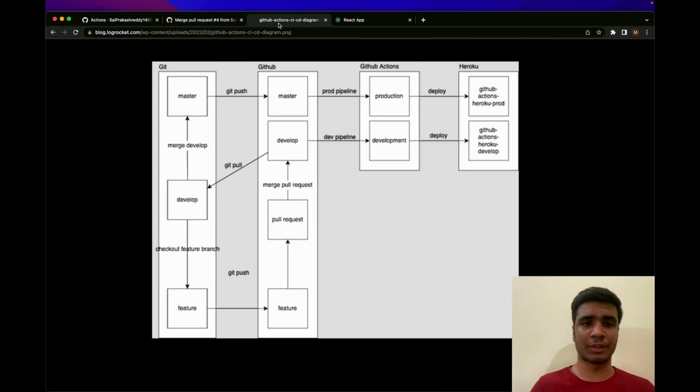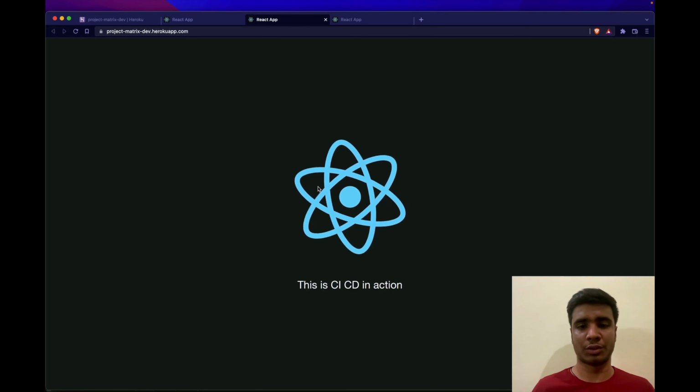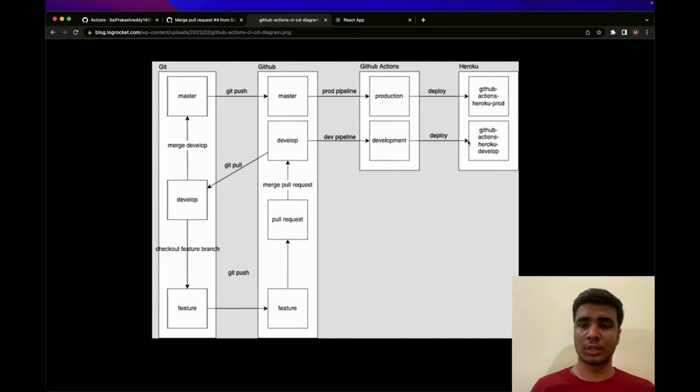if I have to tie back everything into what we previously did, I had a feature branch which I created. I added some features, made a pull request into develop, and it triggered a development pipeline, and it got deployed into dev. So that's what we have seen here. My dev has the new feature. Now once I'm sure that the feature is good, the QA is done, everybody has given a sign off to go ahead and deploy it to production,